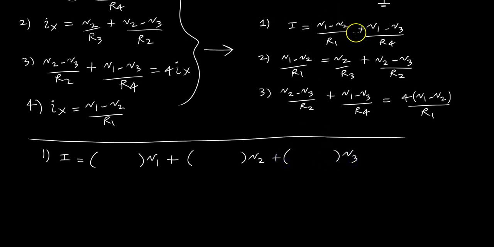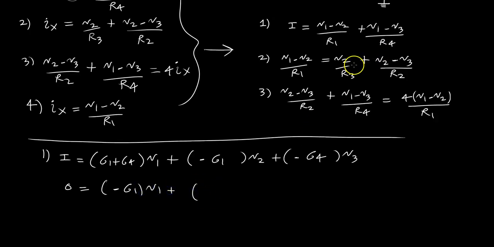So looking at the first term here, again using conductances, we're going to have G1 plus G4 times V1. Now for the second guy, we're going to have a negative G1, and for the third one, we're going to have a negative G4. Now moving on to the remaining equations, we're going to have 0 times, let's see, negative G1 for V1,